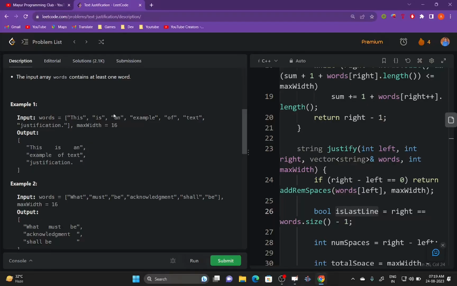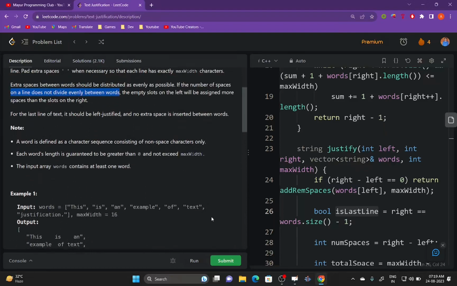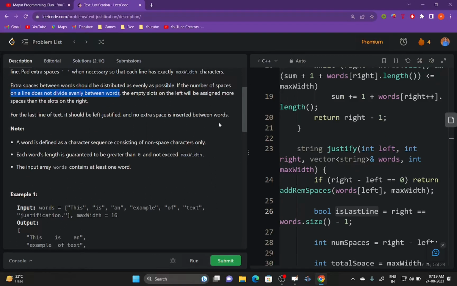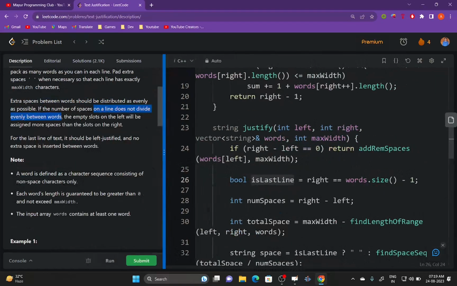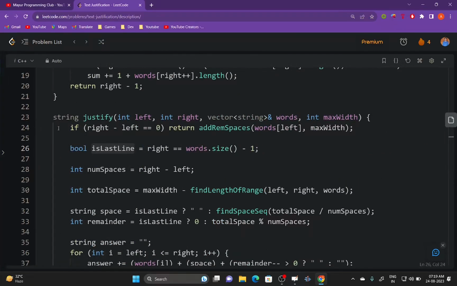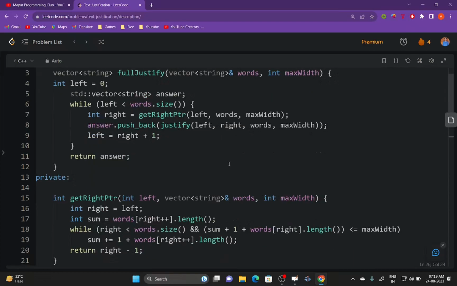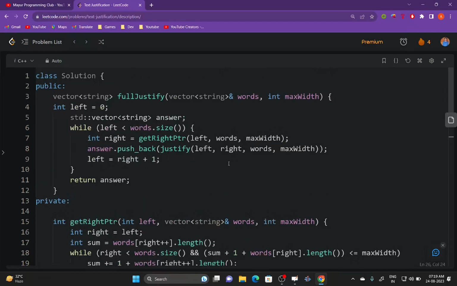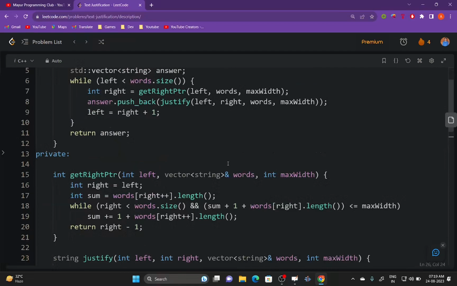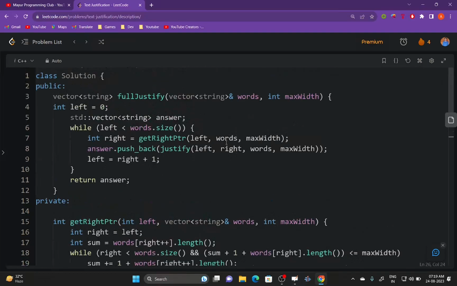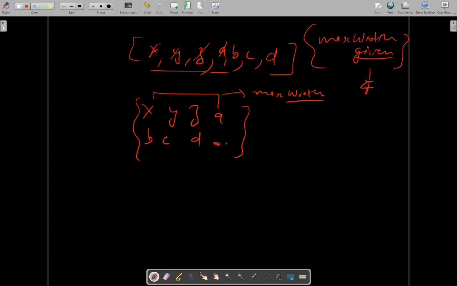So this is pretty much it, we are just following the instructions. Now let's quickly have a look at the implementation part. There you will be able to understand it in a much clearer way. And one thing I would like to mention is that I have made the code as readable as possible by separating out each of the functions so that you won't get confused what we are doing in each part. So what we will do is,